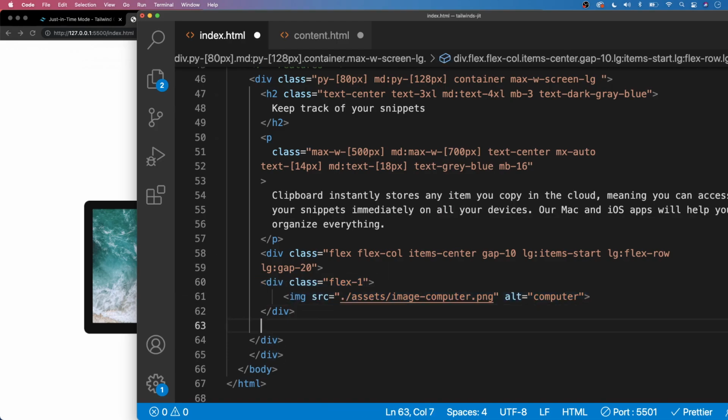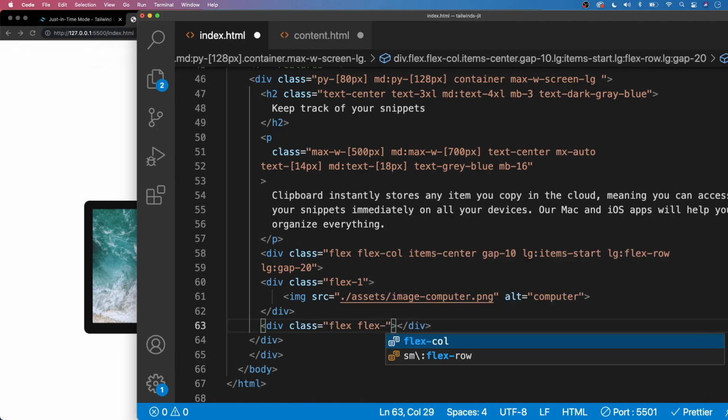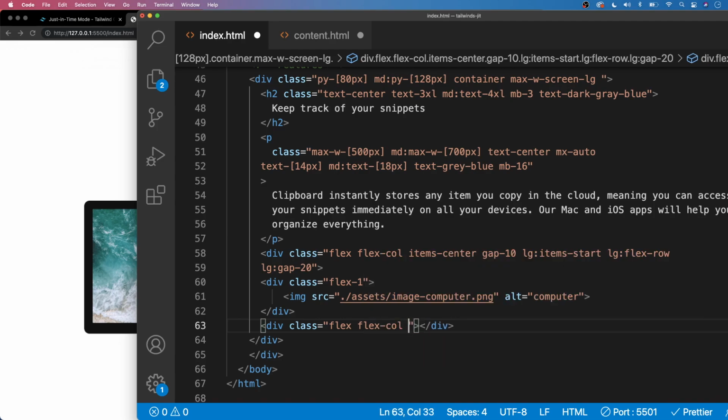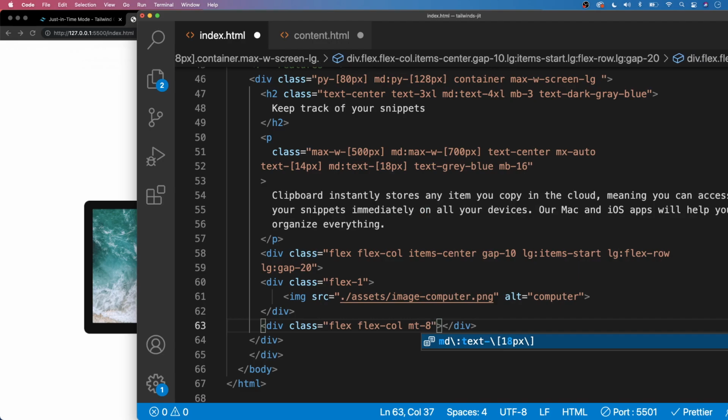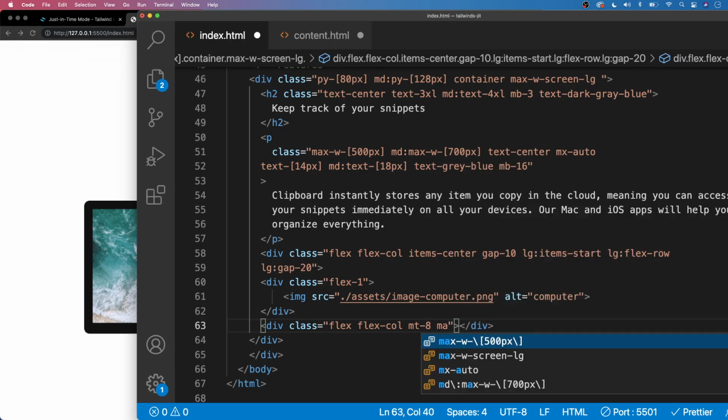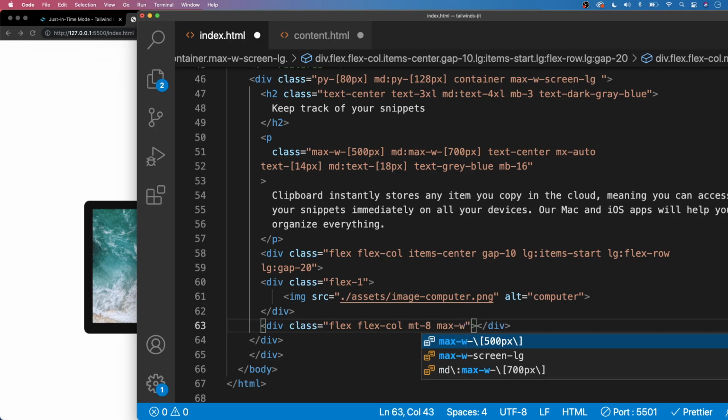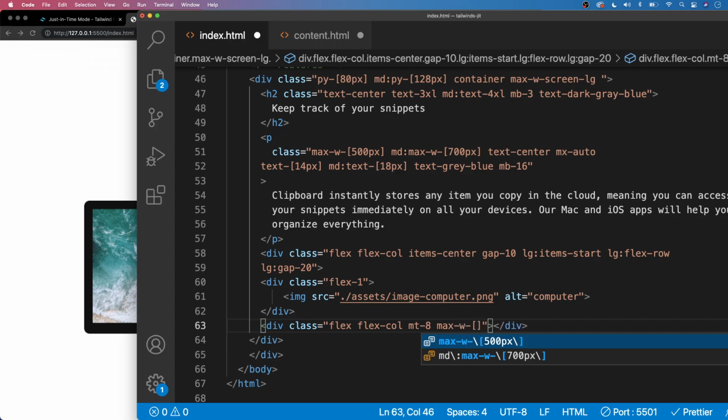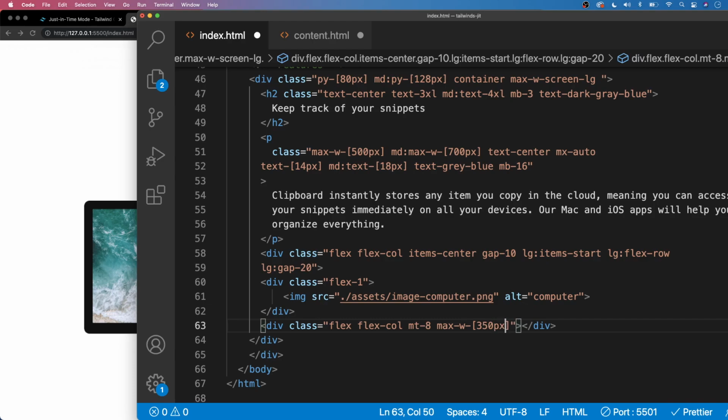Now below this, we're going to do another div, and we'll apply the class of flex, and I'll just do that so we can see this a little bit better visually. And we're going to do a flex column for the direction, and we'll do a margin on the top of 8 pixels, and we want to restrict the max width here of this div. So we'll say max-w and do our arbitrary style value and say 350 pixels like that. Okay,